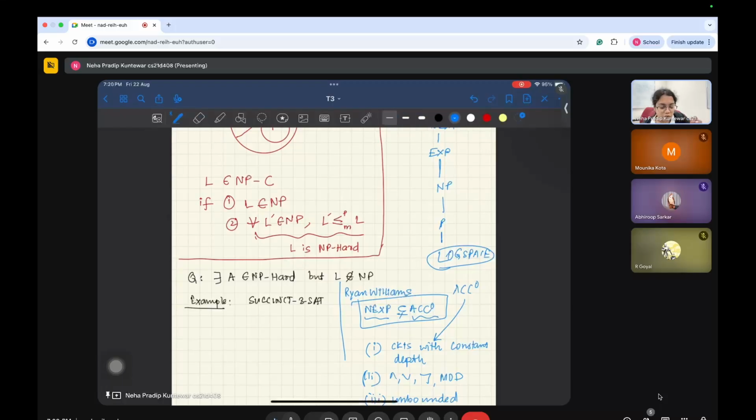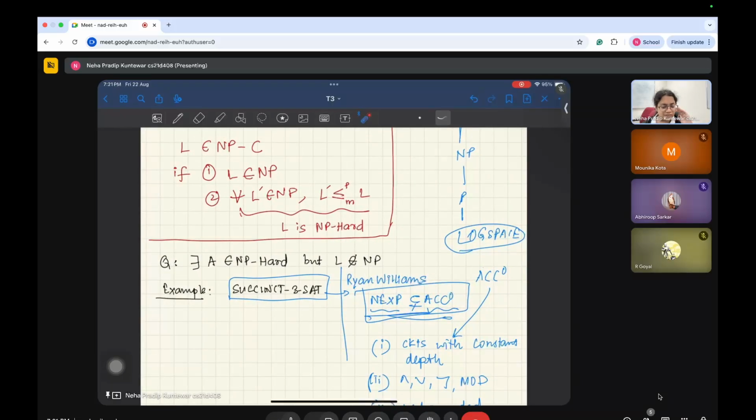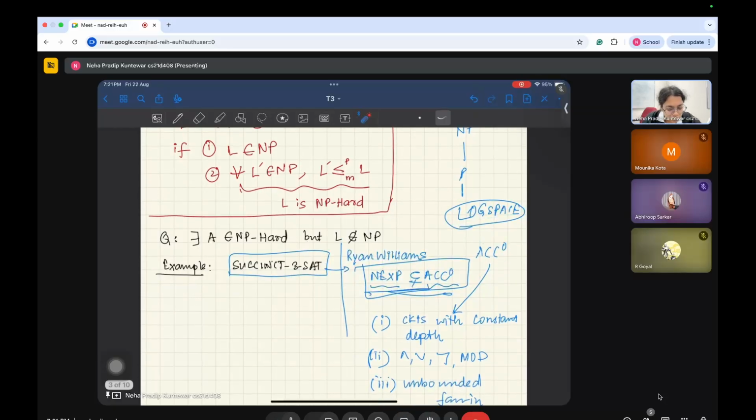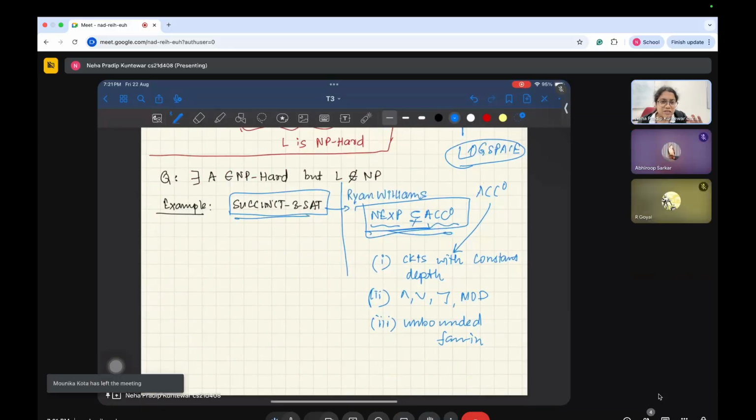The only thing that we want to know is the definition of this problem called succinct 3-SAT, which is what is used in this paper. The title of the paper is this, NEXP is not contained in ACC0. Okay, so if you are interested, you can take a look at it, but even if this does not make sense, don't worry about it. Okay, so what is this problem? This problem is very similar to